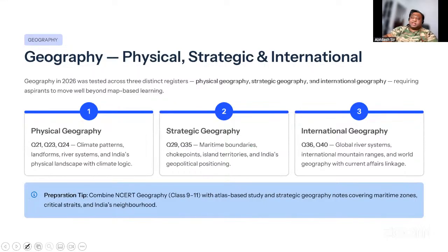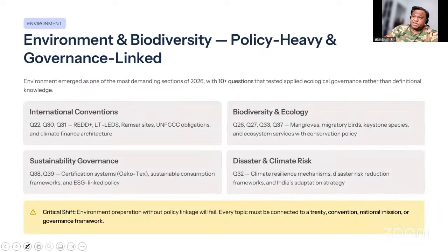Similarly, in geography, there were 3 questions from physical geography. Questions 21, 23, 24. Static geography, 29, 35. Maritime boundaries and this thing. International geography, 36 and 40. And this I'm talking about paper D of the paper. Without an atlas, as I have said before, studying geography is difficult. You need to hold on to the atlas in your hand and then start preparing. It was class 9th and 10th level geography, not bigger, but an applicative mind or your observations when you read through